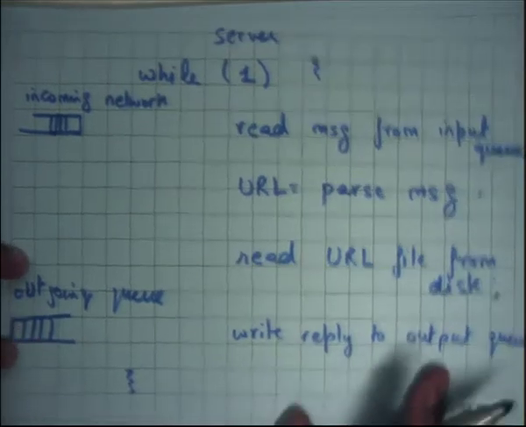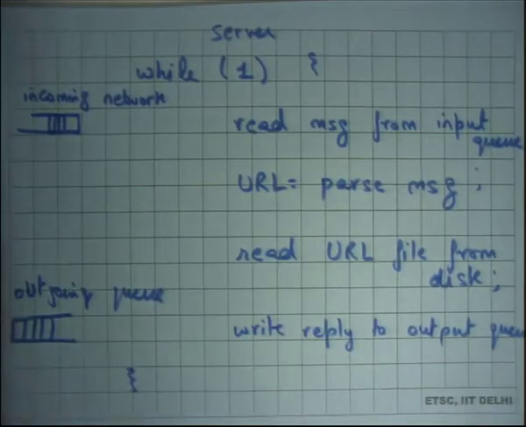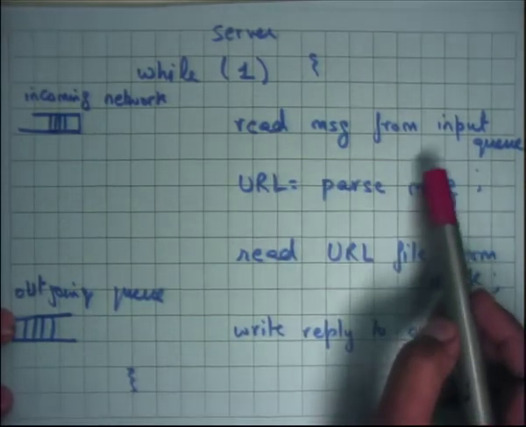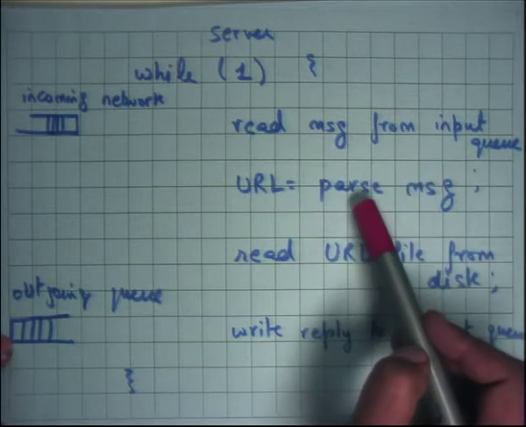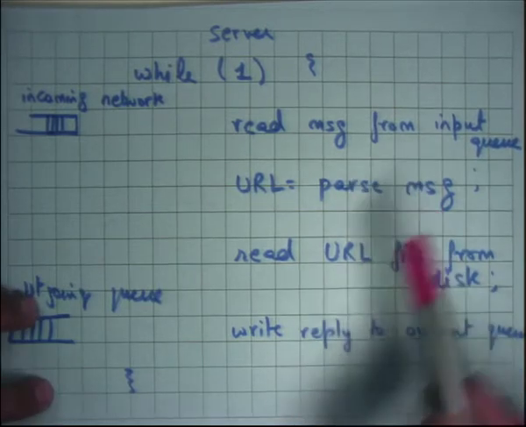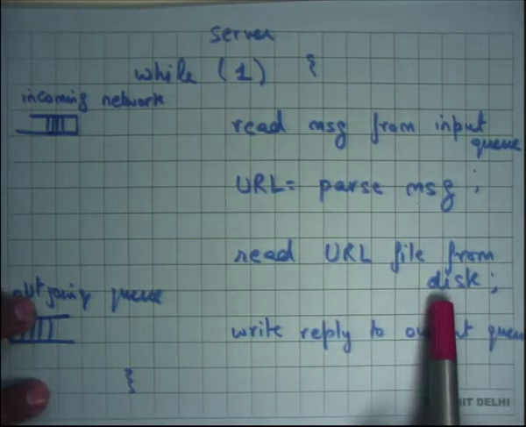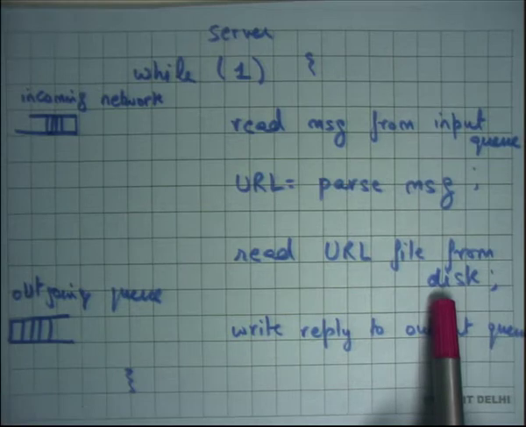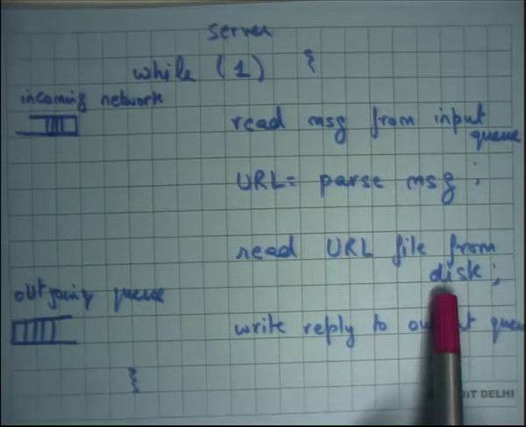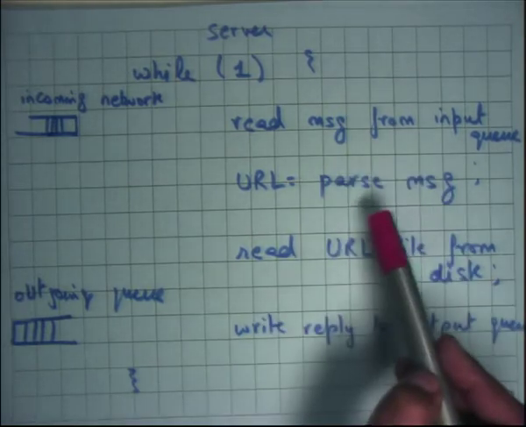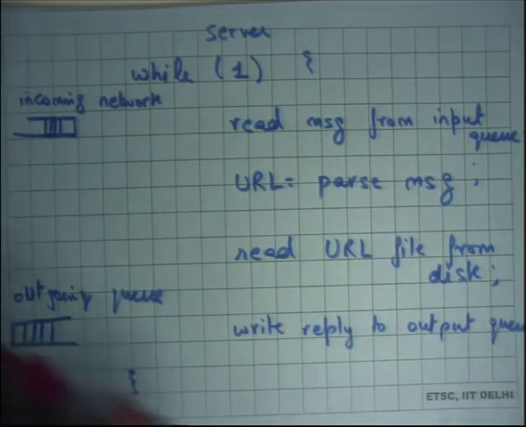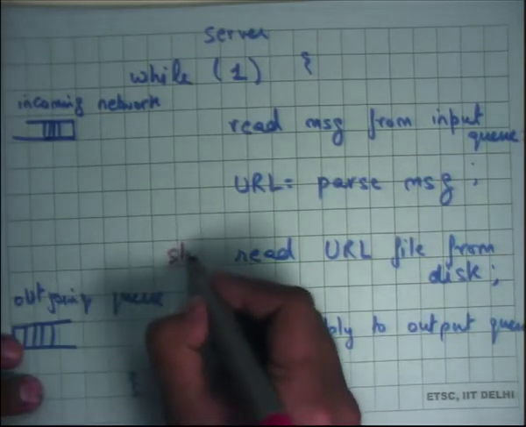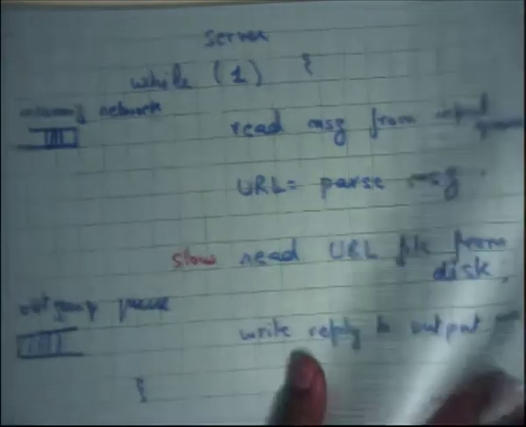Okay, all right. And last time we were discussing that in this entire operation, reading a message from an input queue is fast. You just need to copy some data across memory. Parsing the message involves some CPU instructions. Reading the URL from the disk is expensive because it needs to access the magnetic disk, and the thing we were discussing last time is that the magnetic disk is a mechanical device as opposed to all these other things which are electronic devices, right? And then you write the reply to the output queue, right? So we said that this step is the slowest of them all. And let't look at how slow it is.